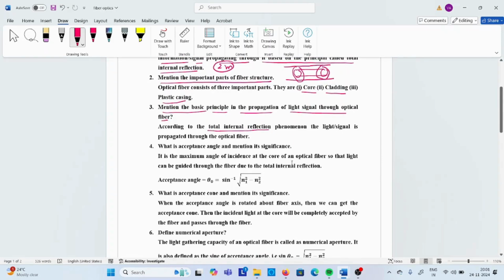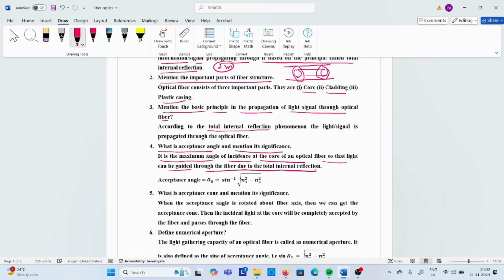Then the next question is, what is the acceptance angle and what is the importance of the acceptance angle? The answer is, the maximum angle of incidence at the core of an optical fiber, so that the light enters into the optical fiber and travels throughout the fiber because of the principle of